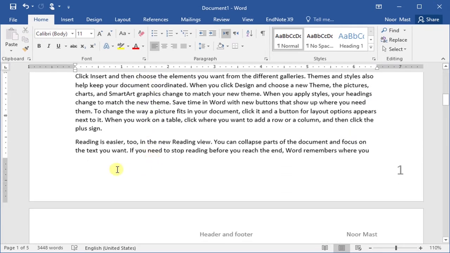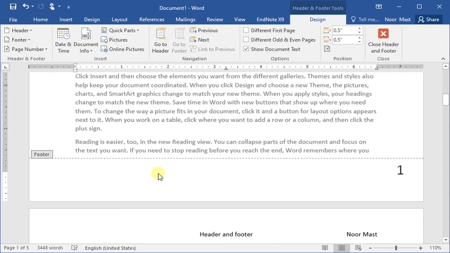So double click on the footer section and place the cursor where you want to insert the date and time. Then go to the design tab. On the design tab in the insert group, the date and time command is available, so click this one.